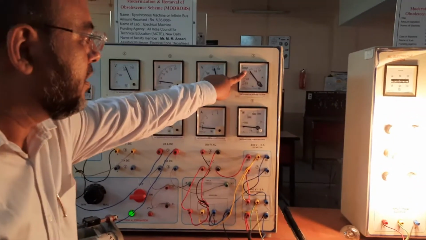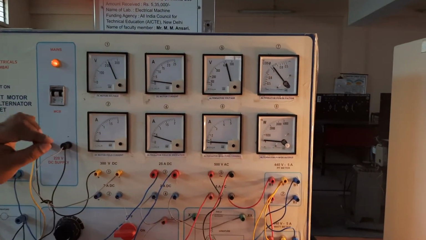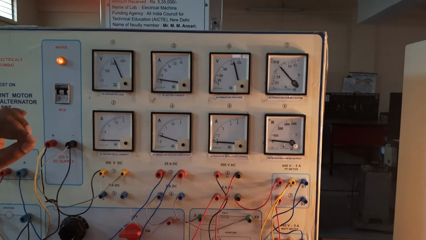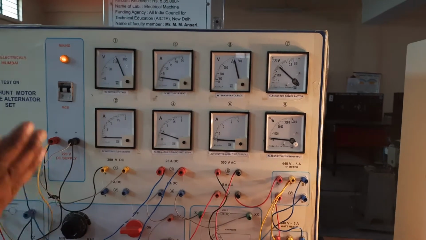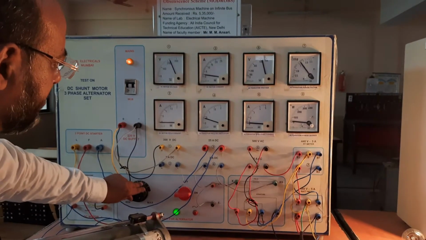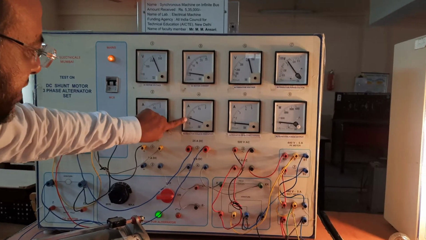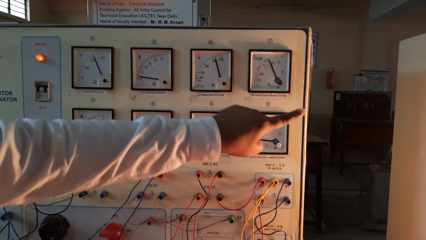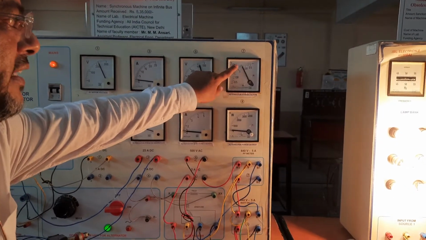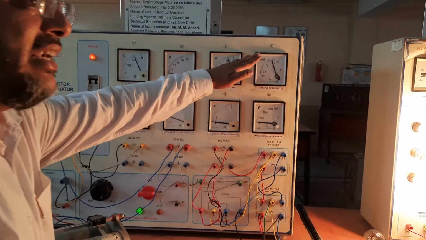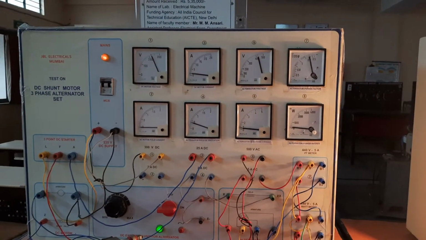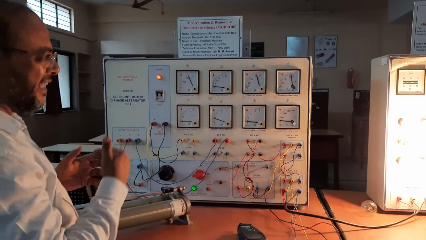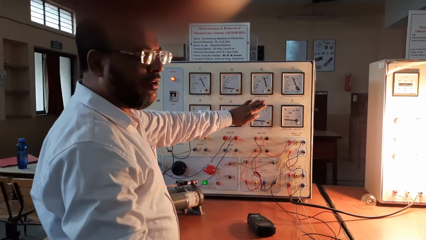It means that if we increase the excitation of a three-phase alternator connected to an infinite bus, it supplies more reactive power and works at lagging power factor. Now again I will increase the excitation by 0.05, so the excitation current becomes 0.4, whereas the voltage and frequency are the same. The alternator is working at lagging power factor. If the excitation increases, it supplies more reactive power, whereas the active power remains the same.